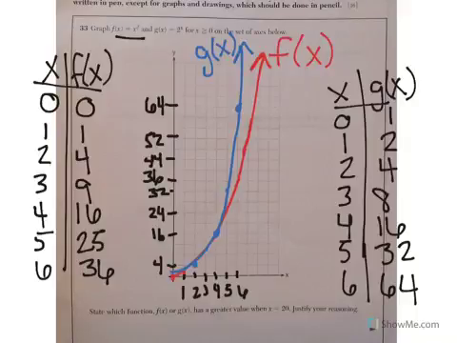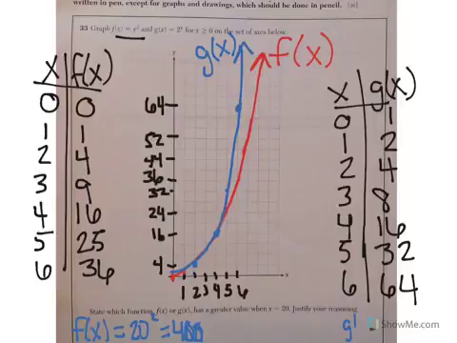So there's my graph of f of x and g of x, and it says state which function f of x or g of x has a greater value when x is equal to 20. Well, to find when x is equal to 20, we could just plug 20 in for x for both equations. So for f of x, if I plug 20 in for my function and I type in 20 squared, I will end up with 400. And for g of x, if I type in 2 to the power of 20, I will end up with, let's see here,